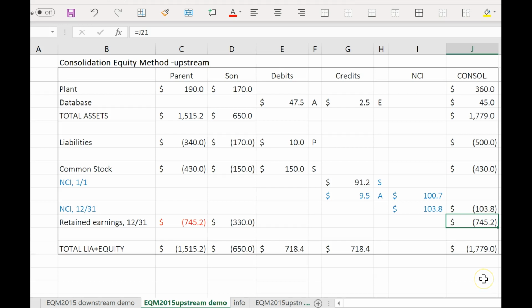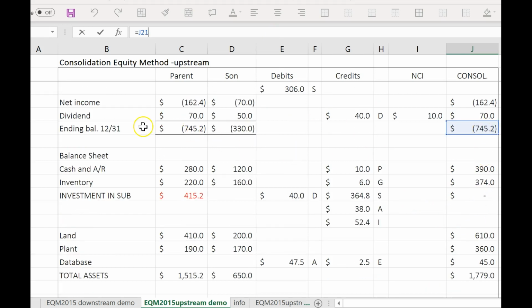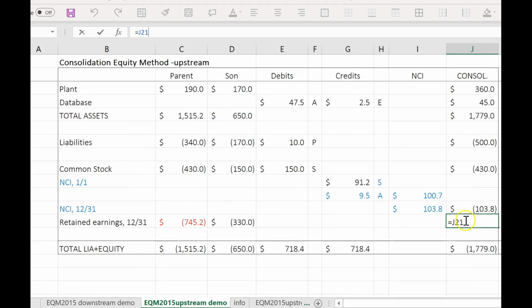Okay, this goes to another issue my students sometimes copy. When they set up this formula, you see where I trace this retained earnings number to. I'm tracing it to the retained earnings in the beginning, in the retained earnings statement. But some of my students would set this up as this equals to this number. If you do that,